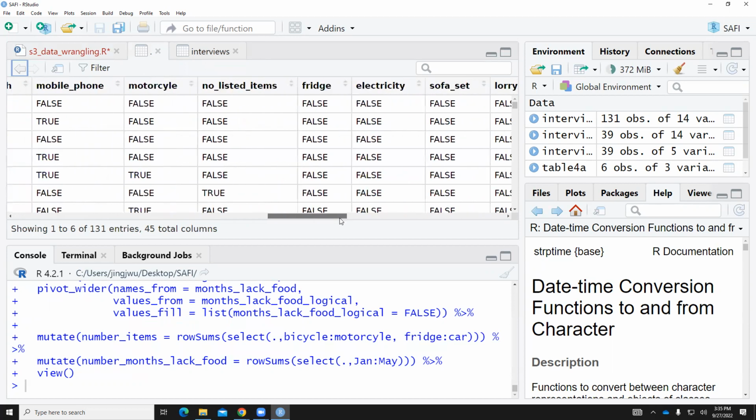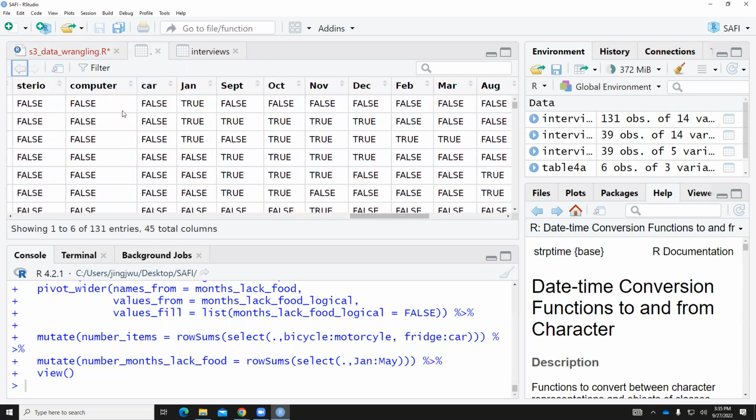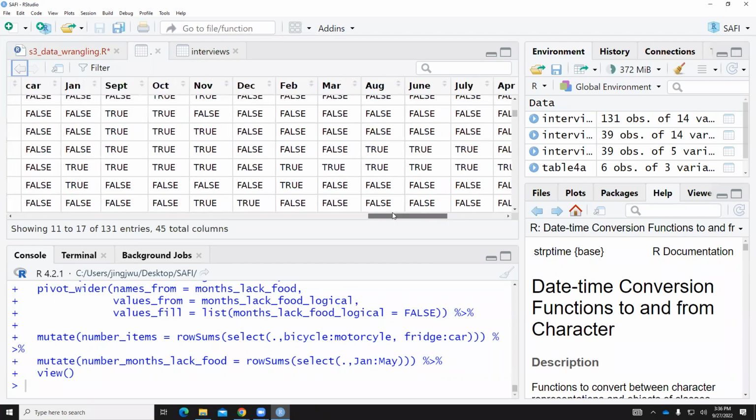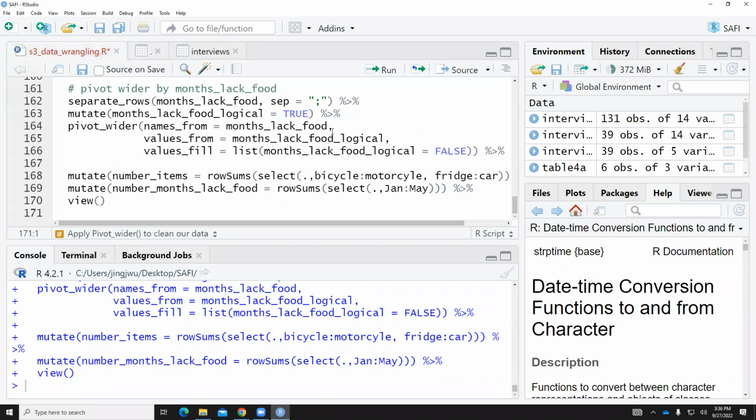That's from items, months, and at the very end, we have two calculated. One is for the items owned, and another one. Sometimes you cannot just reorder the functions, reorder the command, but in our case,